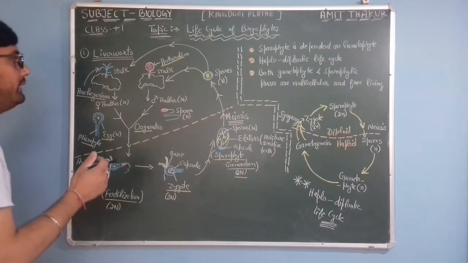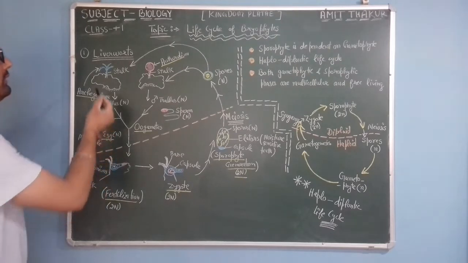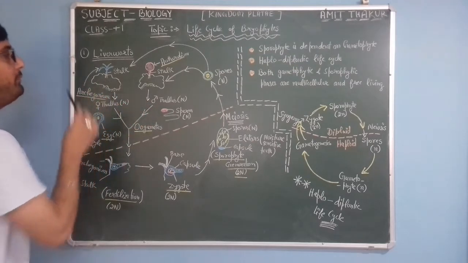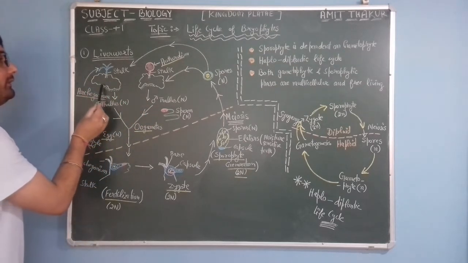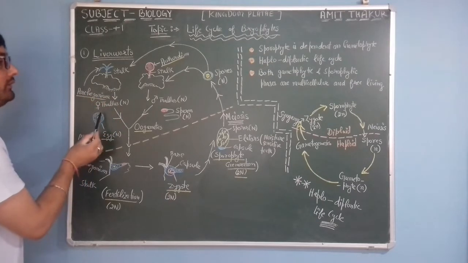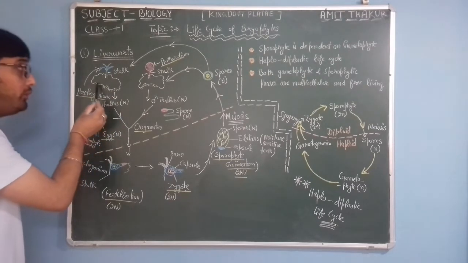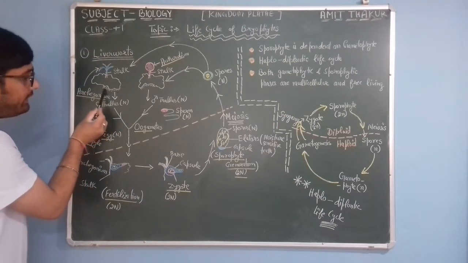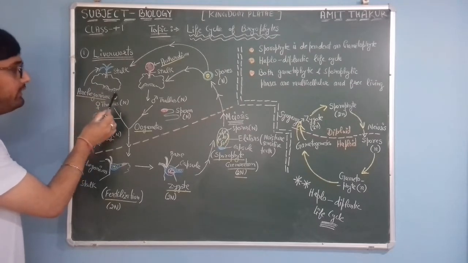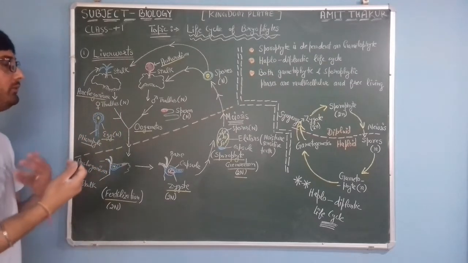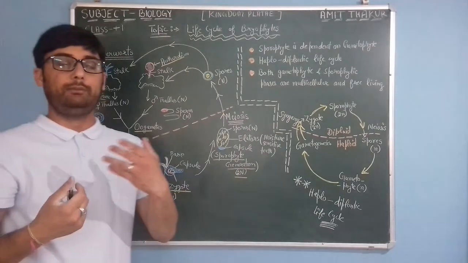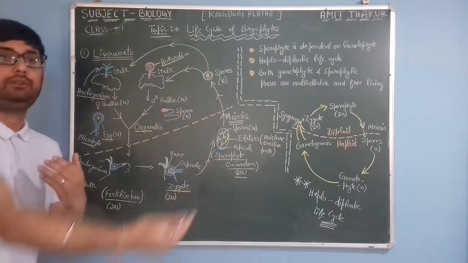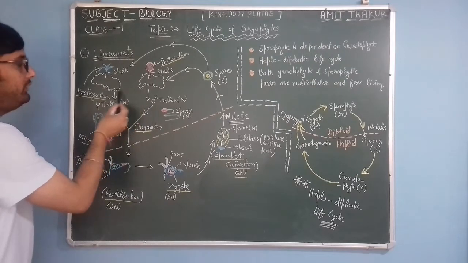It begins with the gametophytic phase in liverworts. So both of these are male and female gametophytes. Here you can see this is a female thalloid body or female thallus, which is haploid. This is the female thalloid body, and these finger-like things are rhizoids. These rhizoids provide a substratum, they function as a hook or attachment with the substratum. So these are rhizoids in both the male and female